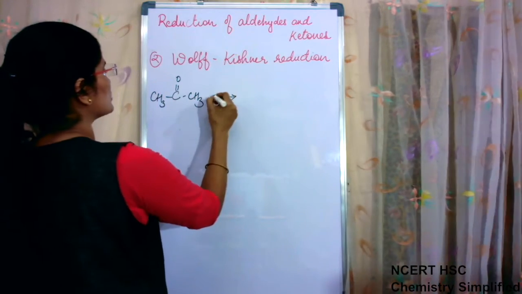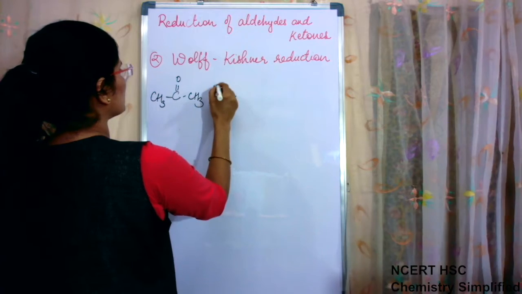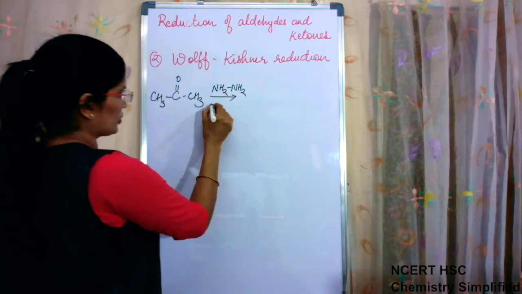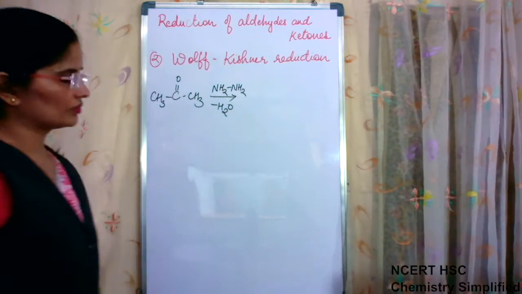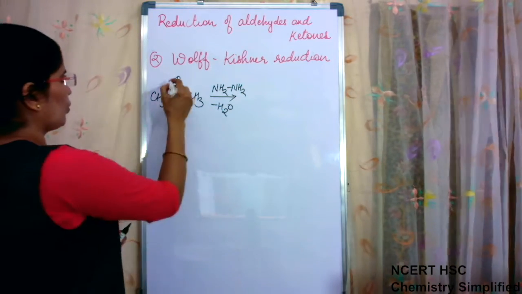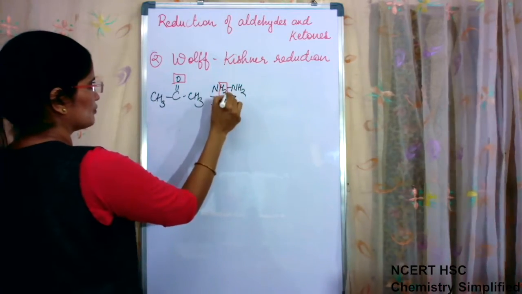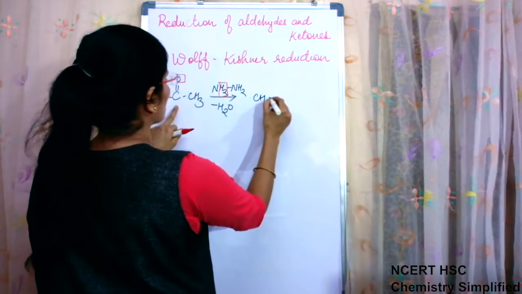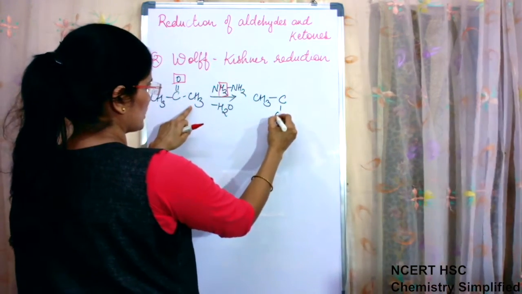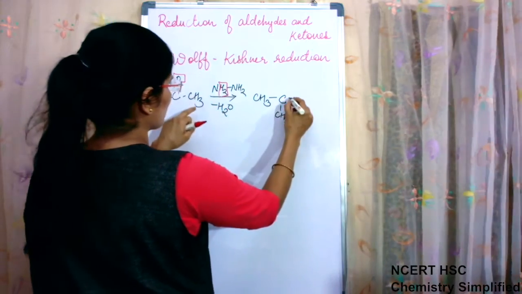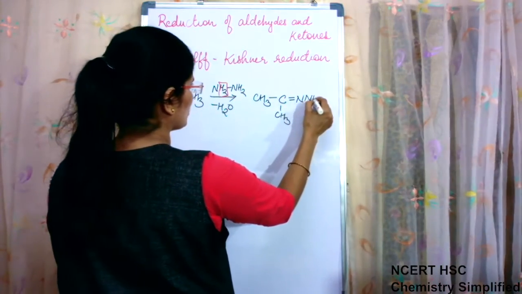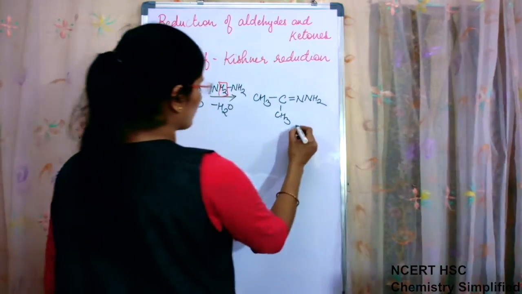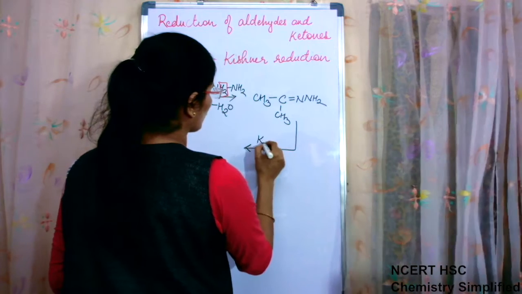Okay. Which on treatment with NH2 NH2, water molecule is lost. That means O from this and hydrogen from this, and we will get CH3, this C, this CH3 writing downside, and this C with double bond connected to NH2. Hydrazone is obtained as an intermediate which on treatment with KOH and